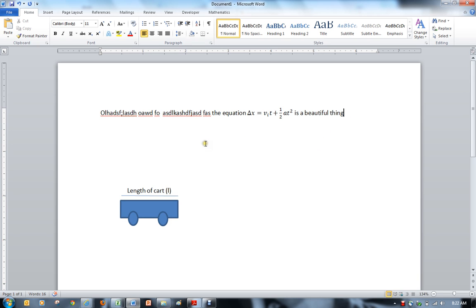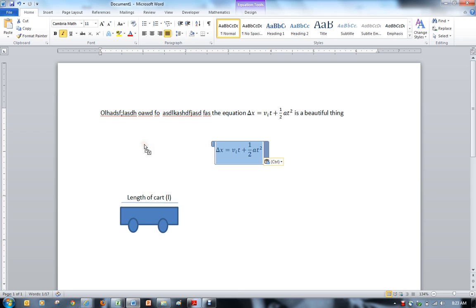You can also, if there's an area where you just want to insert a bunch of equations, just insert those equations line after line. You can always copy and paste equations. Click on the equation itself, this little box with the three vertical dots. You hold down Control and click on it and drag wherever you want, and it'll automatically